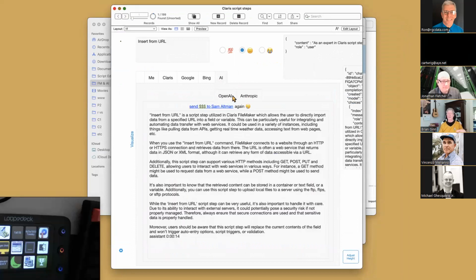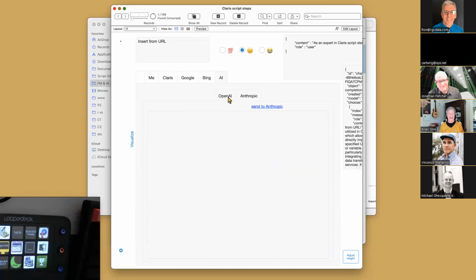I said to myself, by George, if I got through the OpenAI API call, I can do the Anthropic. I can get it to work in Insomnia, but I cannot get it to work in FileMaker. I've even been back and forth with their tech support person, and I don't know what I'm doing wrong, but it fails 100% of the time.